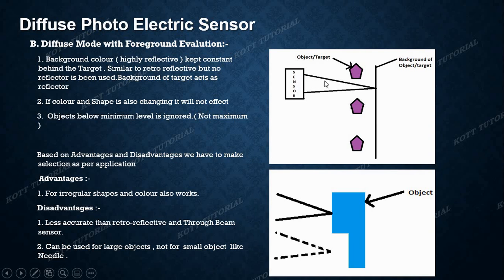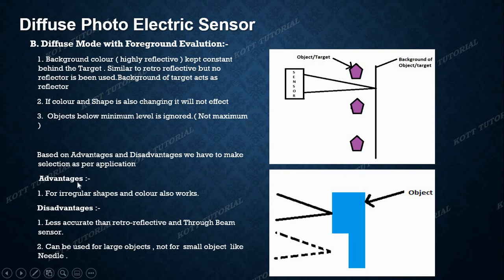The reason is that the light is reflected from the background. If I keep a sensor at this position also, it will detect, meaning at a distance of less than 5 mm also it will detect. The reason is that the rays are being cut off by the product, and in that manner a sensor can detect.